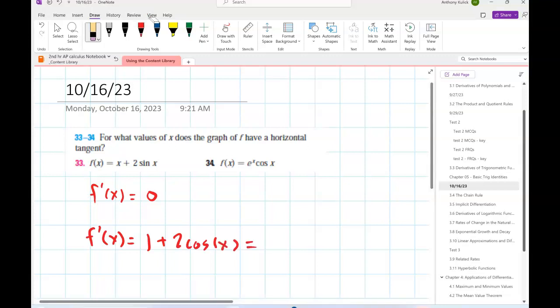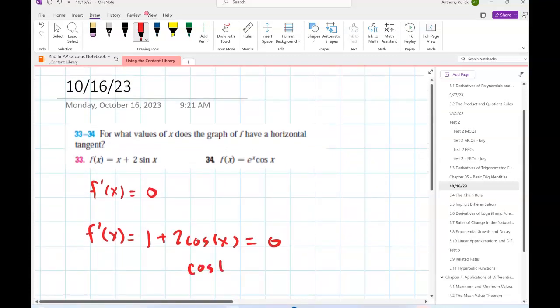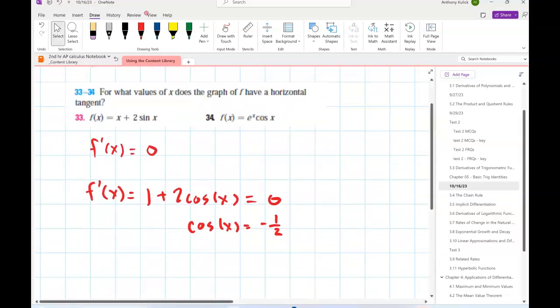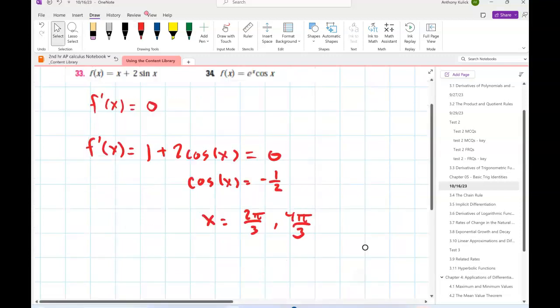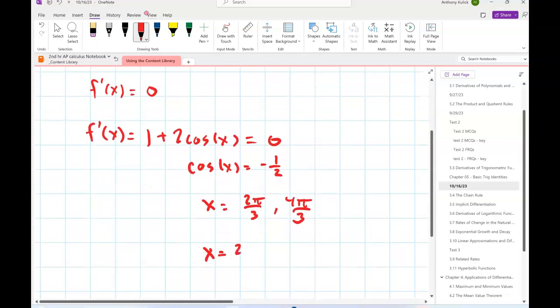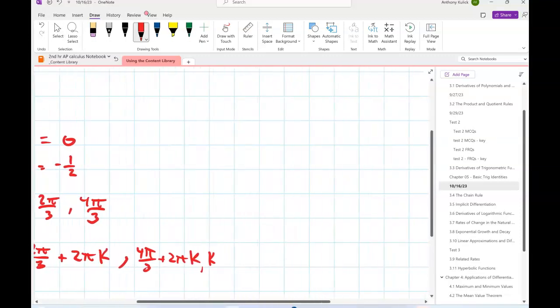So when we set that equal to 0, we can solve and we see cosine of x is equal to negative 1/2. That happens when x is what? 2 pi over 3 and 4 pi over 3 on the unit circle. So I would write that as 2 pi over 3 plus 2 pi k, or 4 pi over 3 plus 2 pi k, again, where k is an